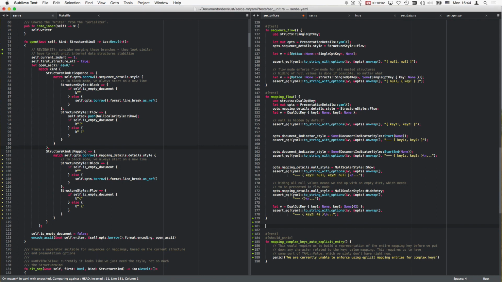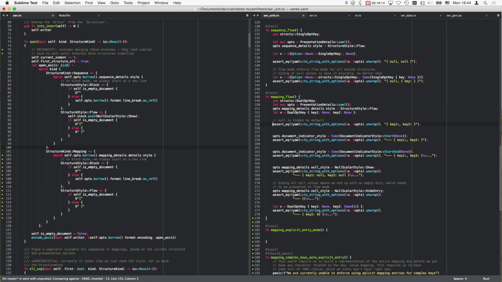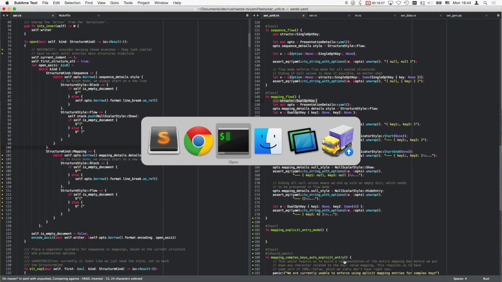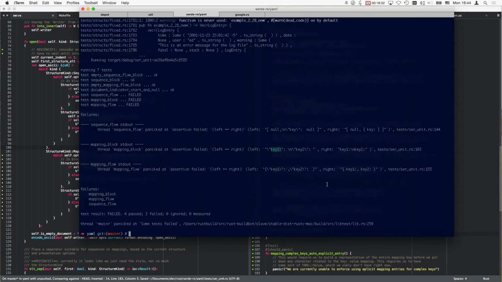However, we can test the mapping explicit entry mode, which we just set here. And the explicit entry mode is something that will also, yeah. So what did I want to test? Yeah, two things. Actually, I didn't want to test it. I wanted to make it work. So this thing here just doesn't work